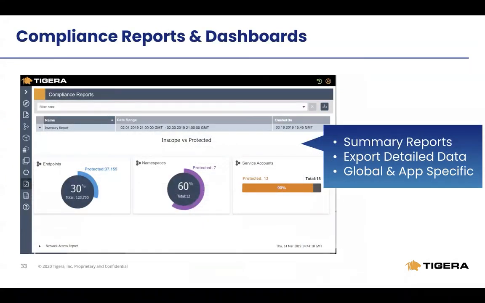And as I mentioned, another key factor in defining enterprise policies is around compliance reporting for your network and network security for your Kubernetes cluster. So what we have out of the box is a set of compliance reports and dashboards that can be run at a frequency that you can specify to summarize what endpoints, what pods have been protected, and export the detailed data around those,